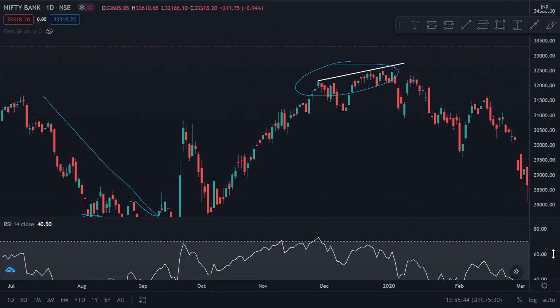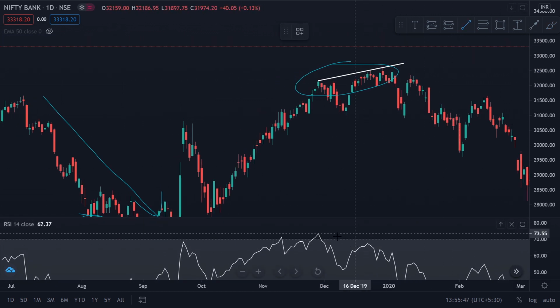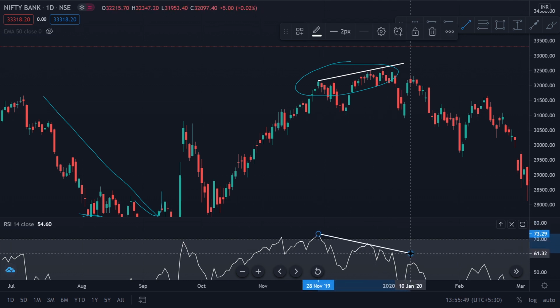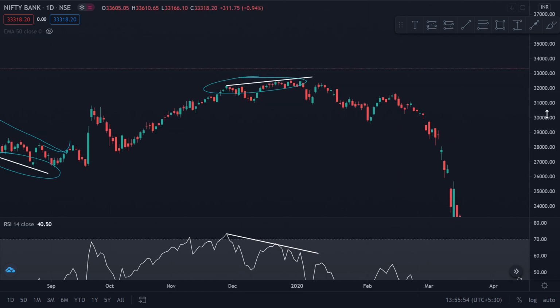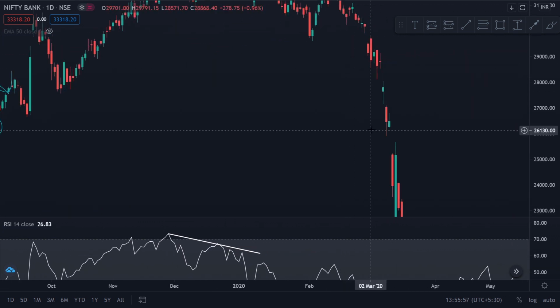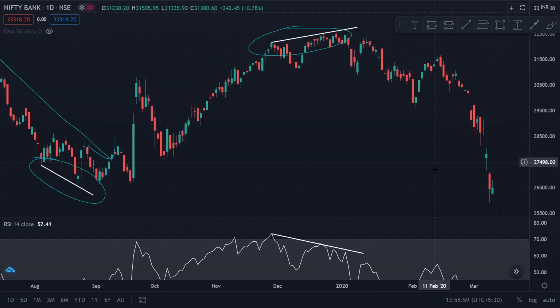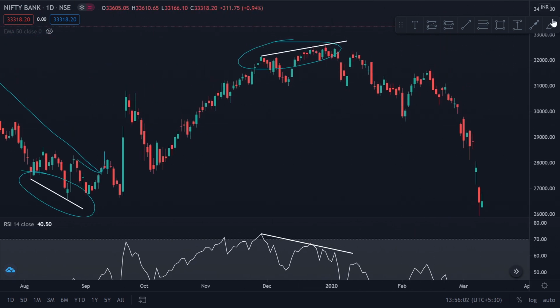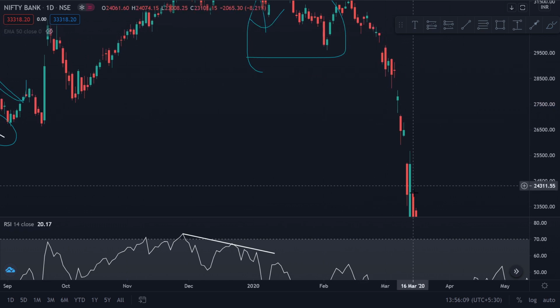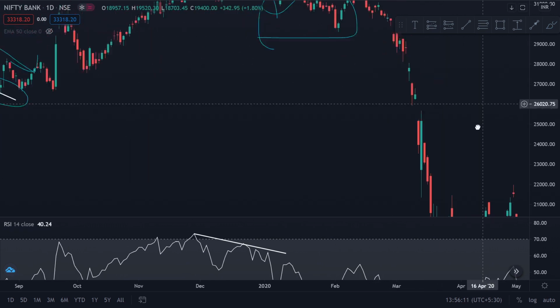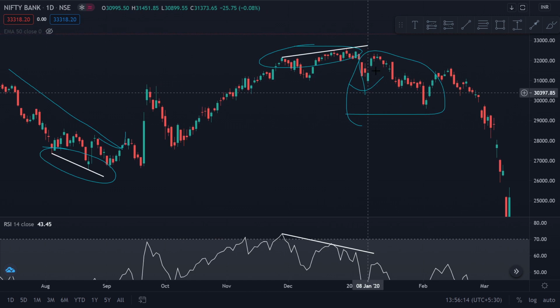And then if I come to the RSI chart, this is what is happening. So what is this? A bearish divergence. Now after this bearish divergence was spotted here, you can see what happened. I mean, this is not solely due to the bearish divergence obviously, but even after this bearish divergence happened, from a technical perspective also there was a fall. Let's say till here was the huge fall because of this bearish divergence. I won't say all this was due to the bearish divergence. Obviously this is the corona fall, but you can still see a technical correction after the bearish divergence was spotted.